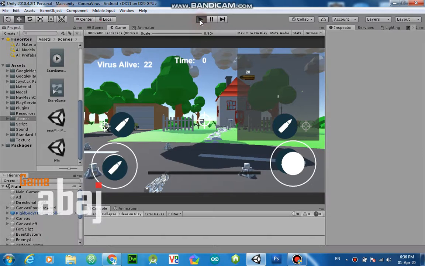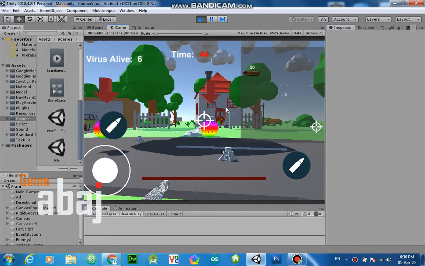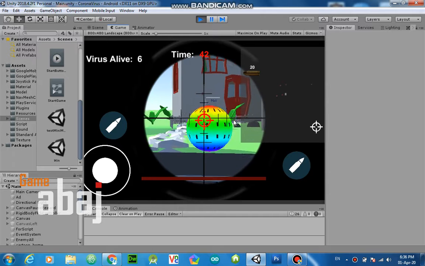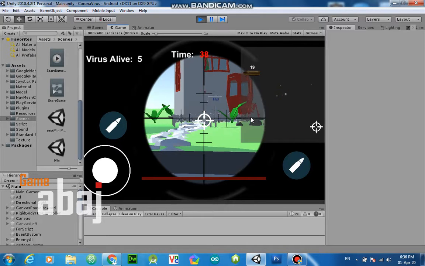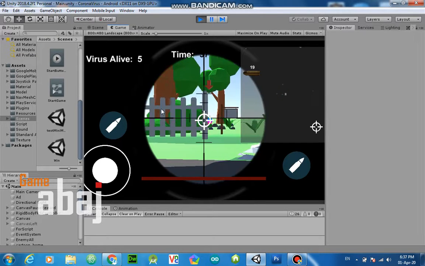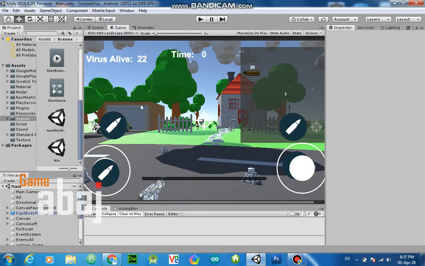So this is my game. I have created a mini map. Let's see how it works. So this is the mini map and this is my player, and all these small dots are the enemies. Just now I killed one enemy and this enemy will disappear. Okay, so these are all the enemy map. Okay, so how to create this mini map?